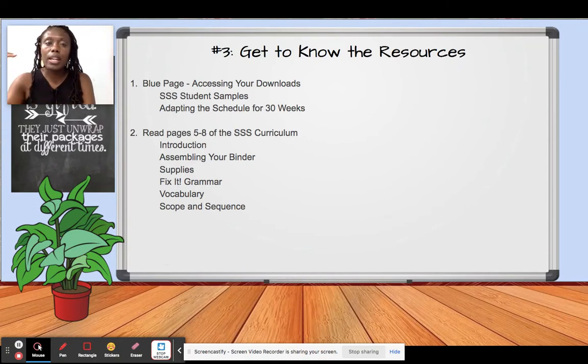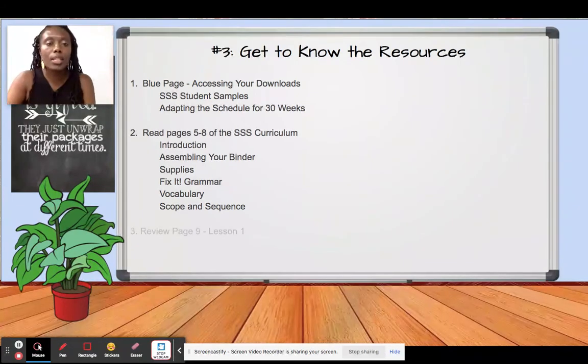And then for each lesson, it will let you know, okay, what is the dress up? What is the stylistic technique that we are going to be working on that particular week? So that, again, I'll be reinforcing that in class, but it's nice for you to be able to follow along as a parent. You'll also notice that there are literature suggestions. I won't cover that in this particular orientation, but I will cover that in another video just so that you can maximize the use of those literature suggestions. We don't cover literature in this class, but the suggestions are there for you if you want to have a more robust ELA